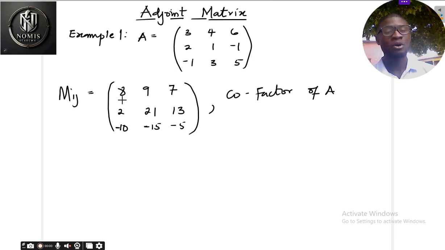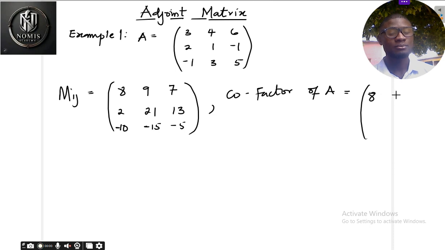We multiply 8 by plus, 9 by minus, 7 by plus, 2 by minus, 21 by plus, 13 by minus, minus 10 by plus, minus 15 by minus, and minus 5 by plus, and get the cofactor of matrix A. That is to say, the cofactor of matrix A becomes